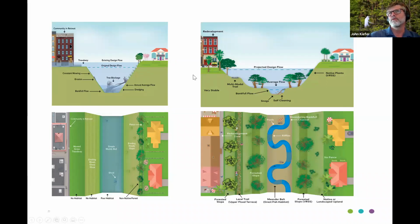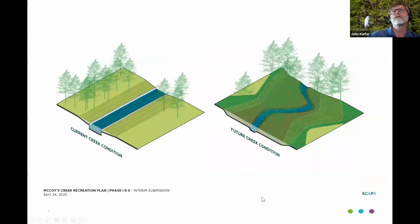So we're reducing the flooding, but we're also creating a great variety of different kinds of habitat for fish and for vegetation and birds and so forth. So there's a biodiversity lift by doing this as well, a major biodiversity lift. So in the case of McCoys Creek, what we're doing is